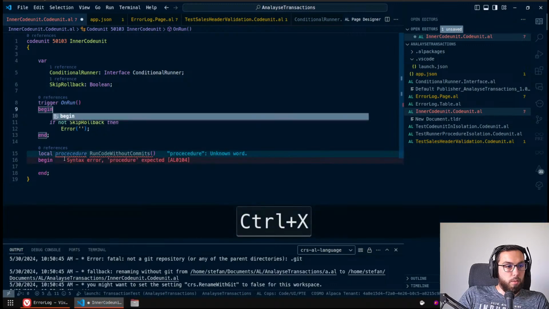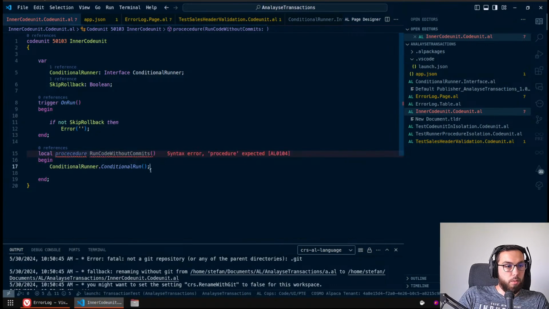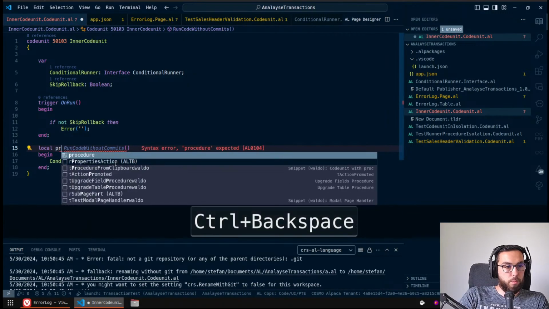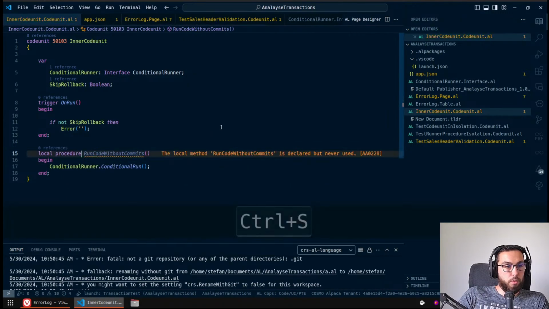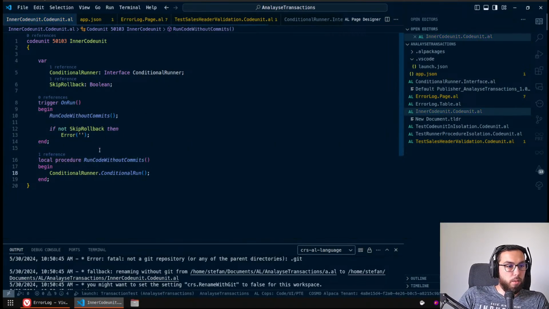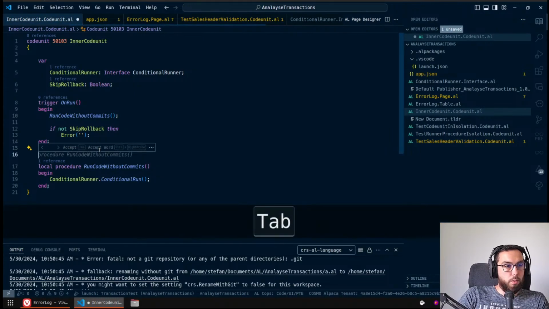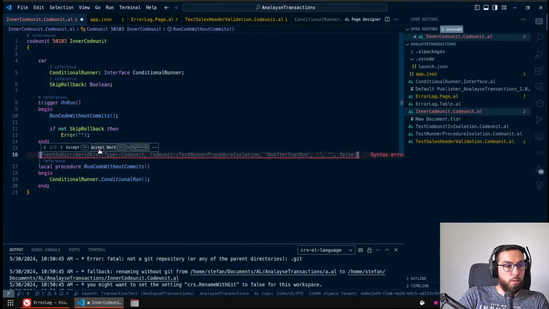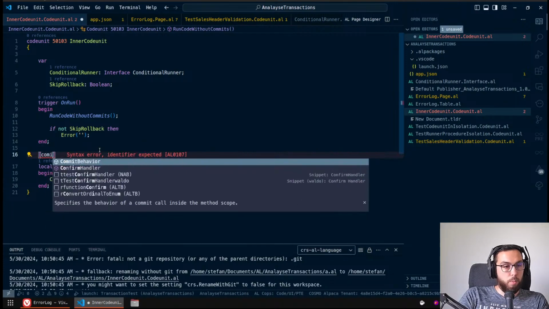And this will do the conditional run procedure. And this will be executed here. And then this can get the commit behavior,